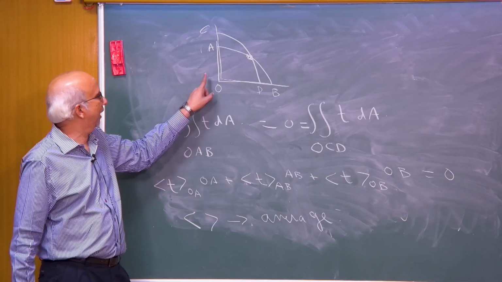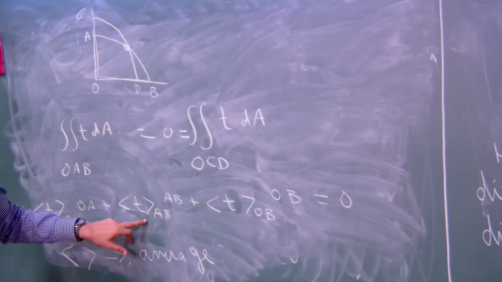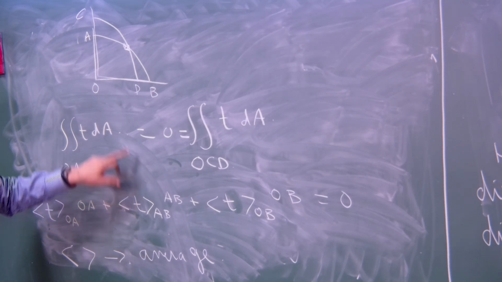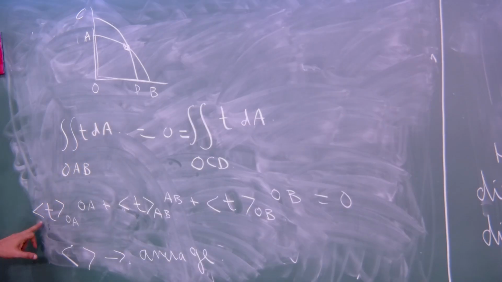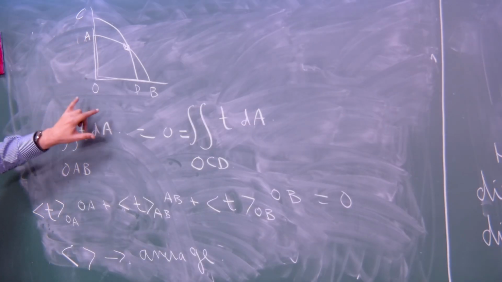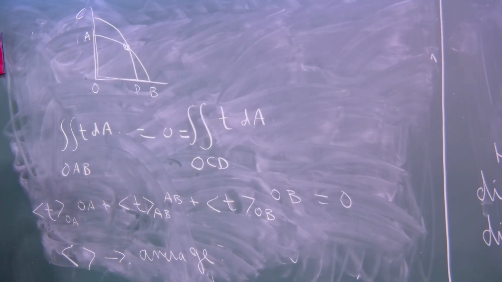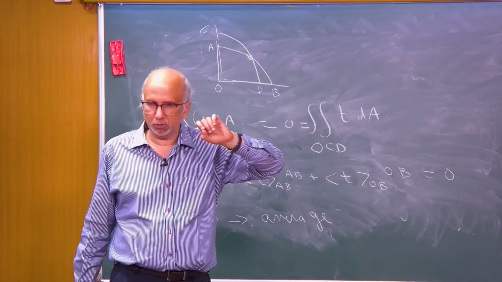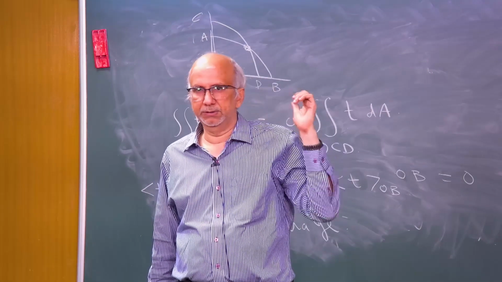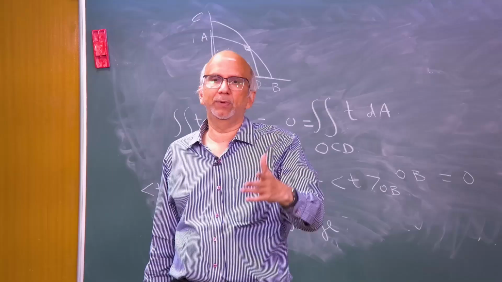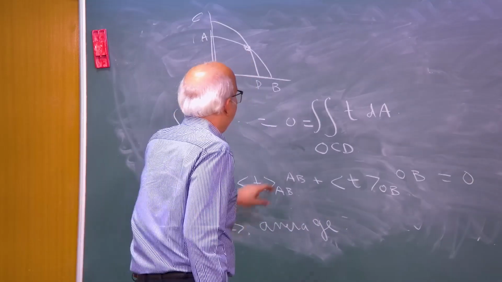So, when I am calculating the surface integral, I am saying the surface integral, the average of T about AB multiplied by this plus average of T over this segment plus average of T over this segment must be 0, okay. Because it is an infinitely small element, I can make this approximation like you do numerically when you want to calculate the integral, okay. So, similarly, if I write for this,